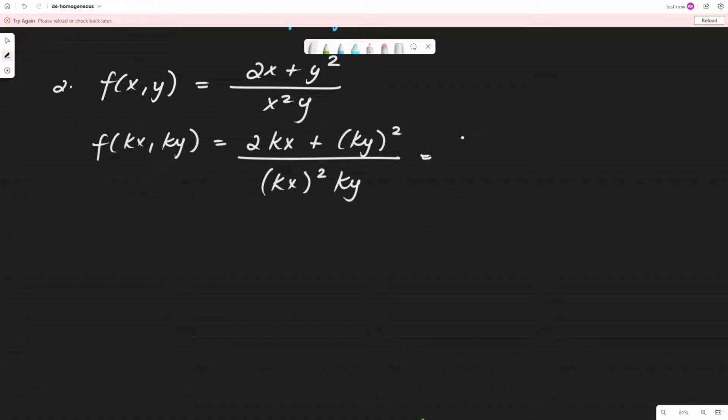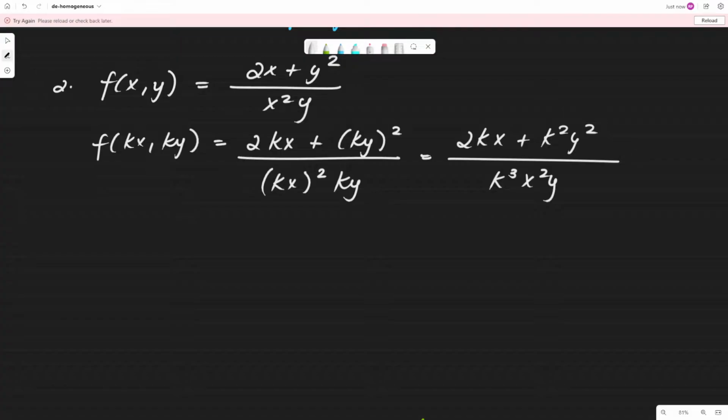So we will have 2kx plus k squared y squared all over k cubed, because k squared times k is k cubed, times x squared y. Okay, so we can see that we have a common factor of x